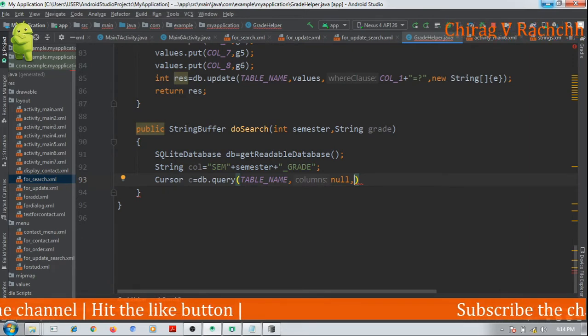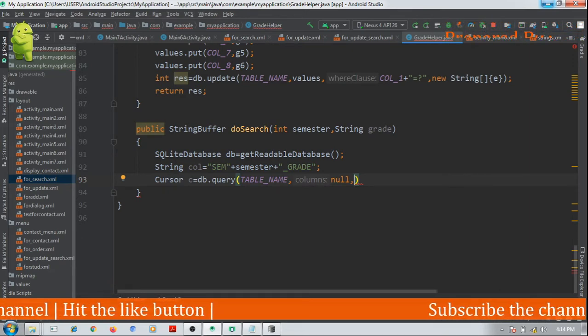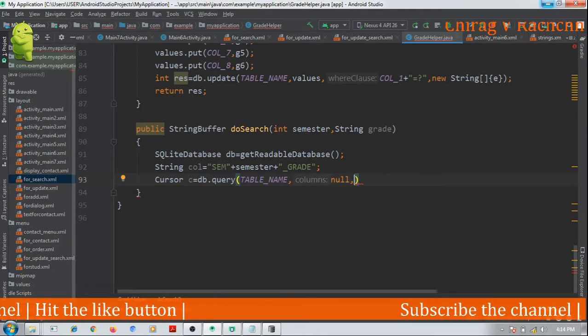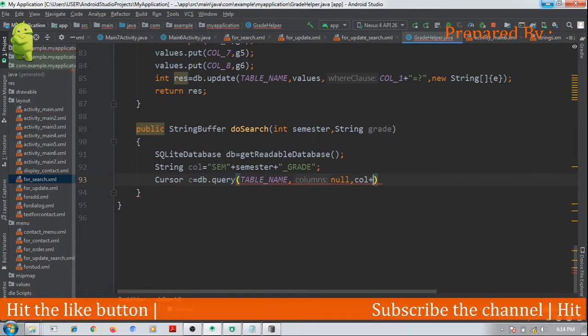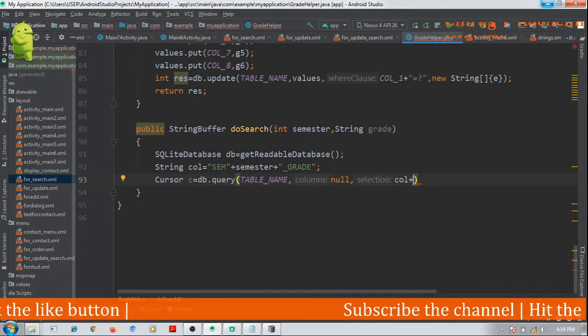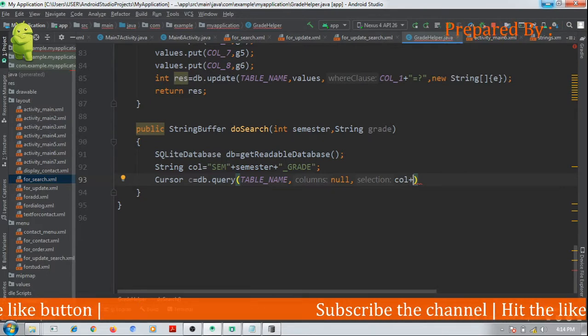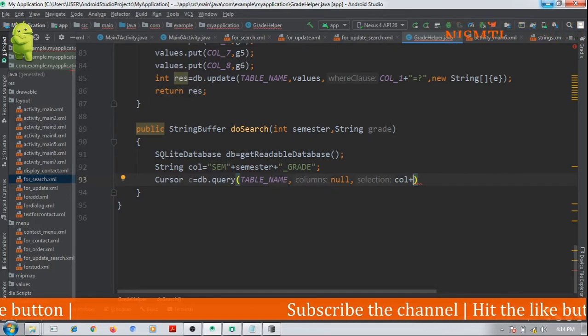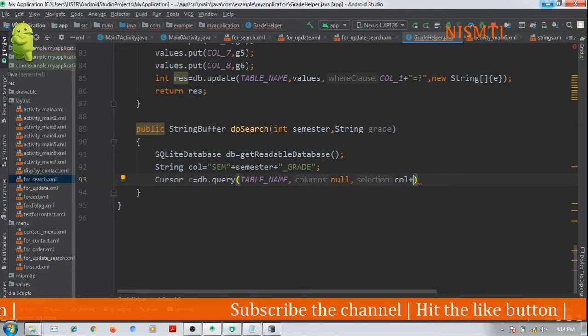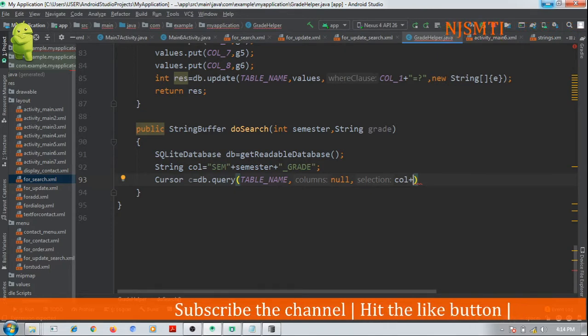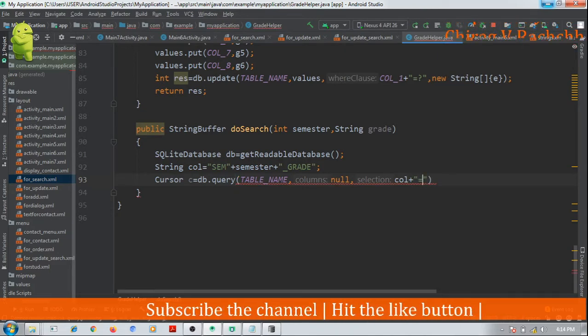Okay, here I will now write the query as column plus, that is, column is sem2, okay, and grade is column plus double quotes equal to question mark.